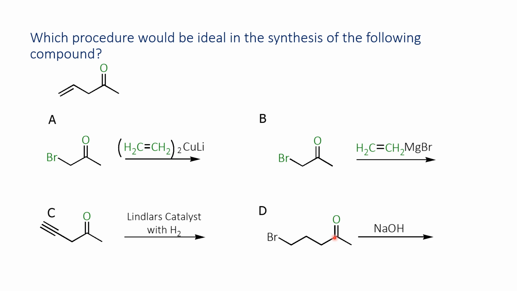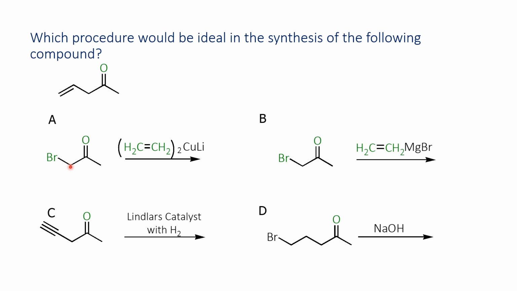Grignard would substitute this species and create havoc as well at this electrophilic center to give you some type of alkoxide. With Lindlar catalyst, you would convert this into an alkene in C, and so the remaining